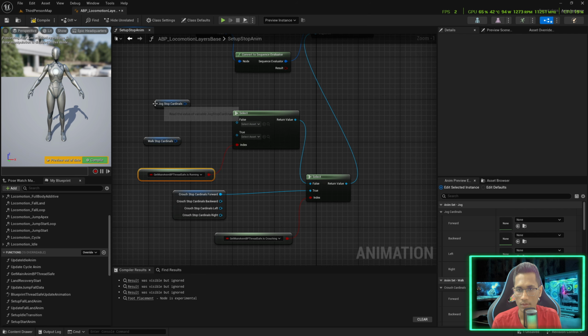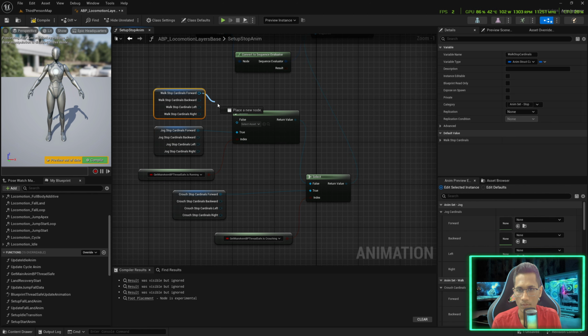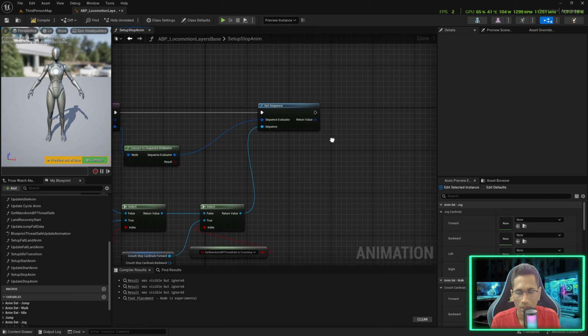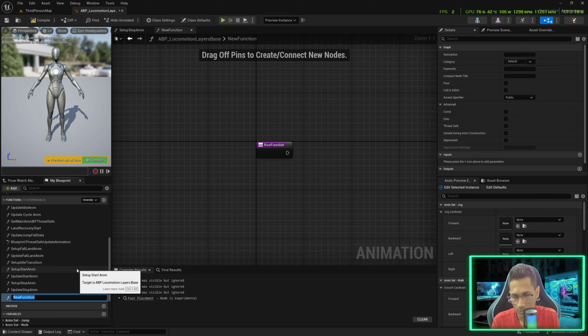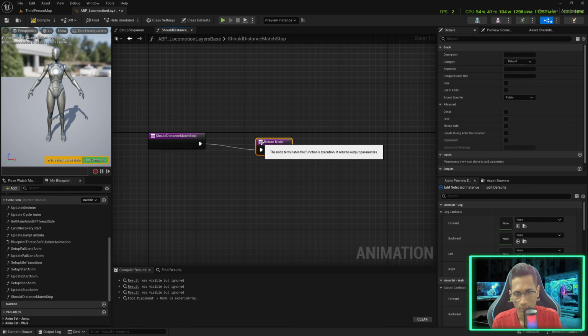If that is the case, then we will plug in the jog, otherwise walk. Okay. So we will create a function that is going to tell us if the character is slowing down, or basically whether we should apply the distance matching or not. So should distance match stop. And when is that going to happen? The same rule that we added earlier